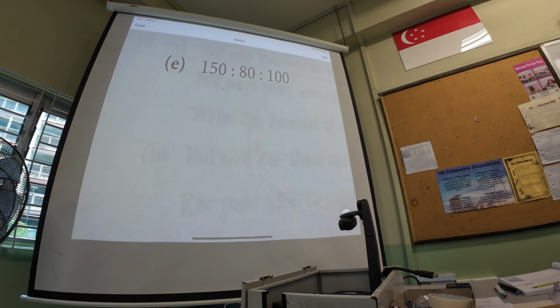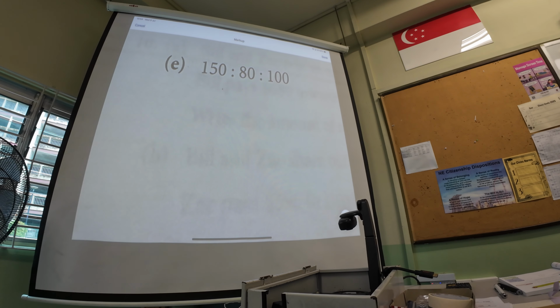Okay? So ratio we can compare more than 2. We can compare 3 quantity at the same time. Then how we simplify? Also same. We need to find common factor between 3 numbers. Common factor of all the 3